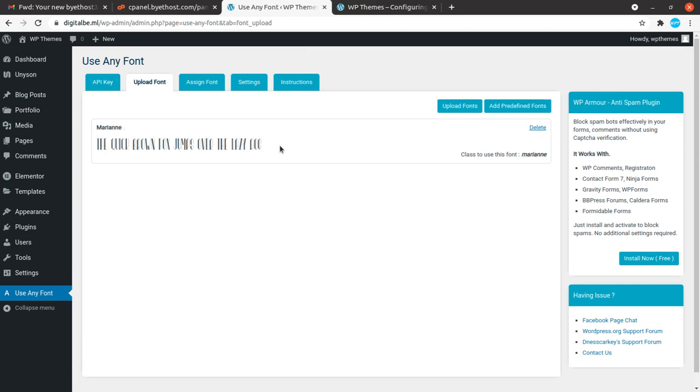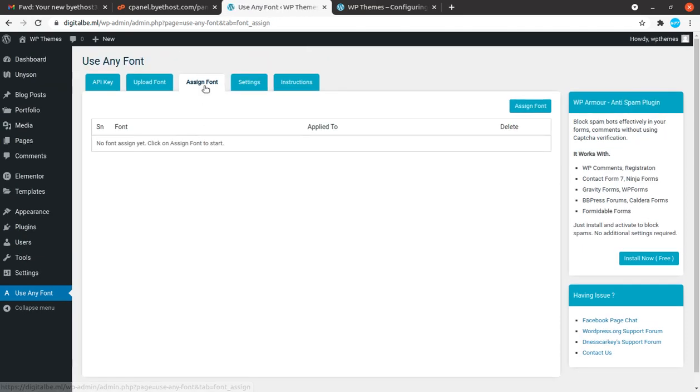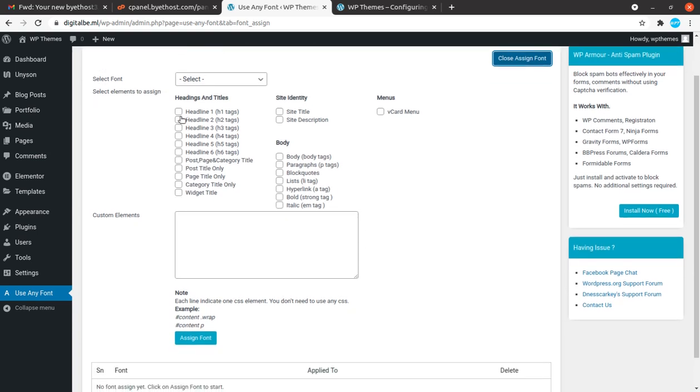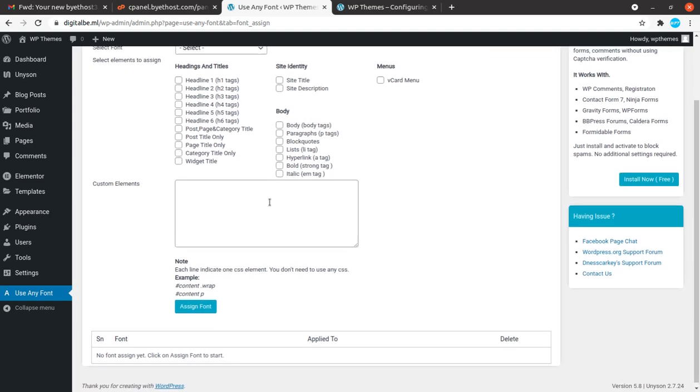This is Marianne, we just uploaded it, and now it is time to assign the font to the areas of the page. Okay, so it is very important, and click on the assign font option. Now this assign font option will show you all the areas which you have on your website. This is a very important part, that you have to select all the areas where you want to show that particular font.